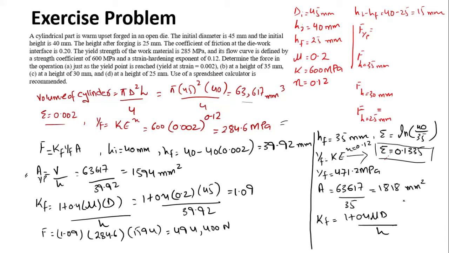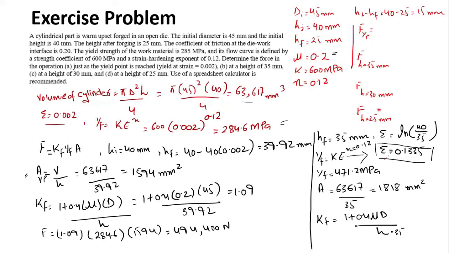So our diameter would be equal to, we know the value of h, that is equal to 35. We know the value of the friction coefficient, that is equal to 0.2, and the rest are numeric, so we have to find out the value of d. And we know the area, so area, as we know, for a cylindrical body, is equal to pi d square by 4. So from here we can calculate the diameter at this area. So the value of diameter is equal to 48.1